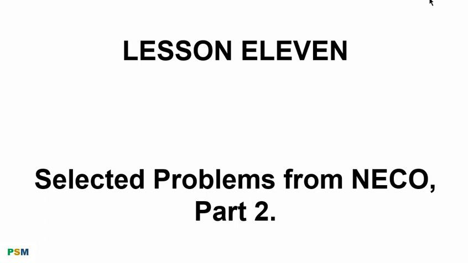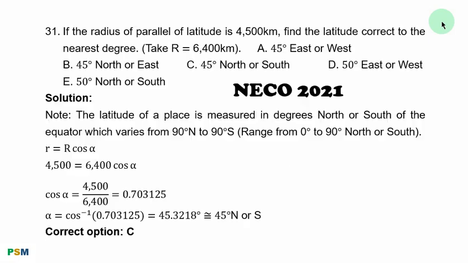Lesson 11. Selected problems from NECO Part 2. Example 31. If the radius of parallel of latitude is 4,500 kilometers, find the latitude correct to the nearest degree. Take radius of the earth equal to